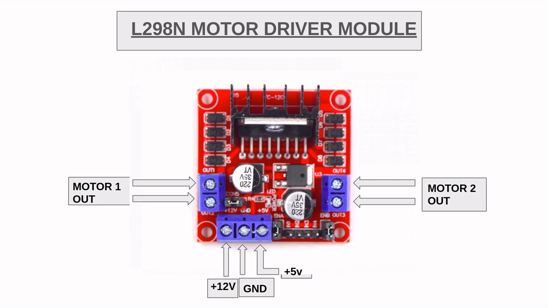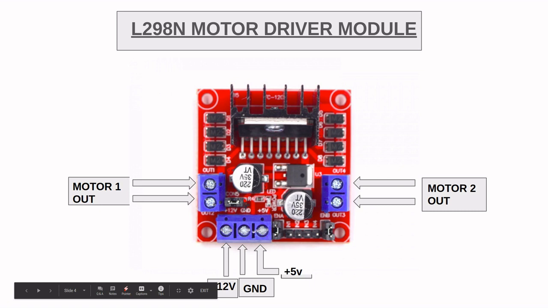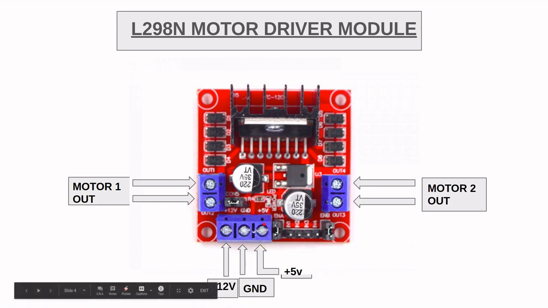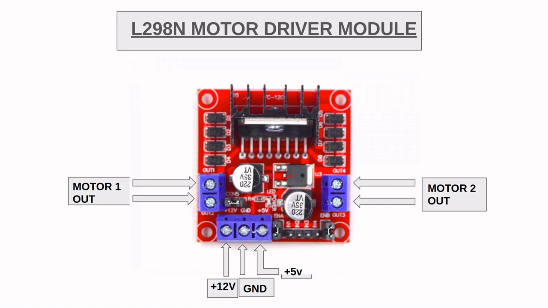There is another jumper right here, which is used for giving 5 volt output to the board. If you are giving 12 volts in, then you can connect this jumper, or you should remove this jumper if you are giving input of more than 12 volts, because there is a voltage regulator over here which is connected to the 5V out. This can bear only 12 volts.